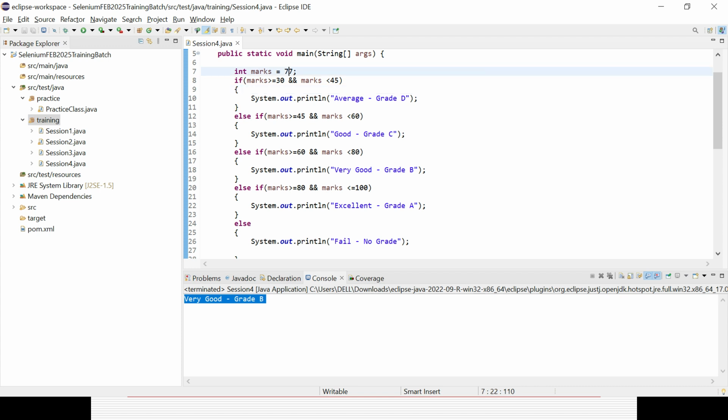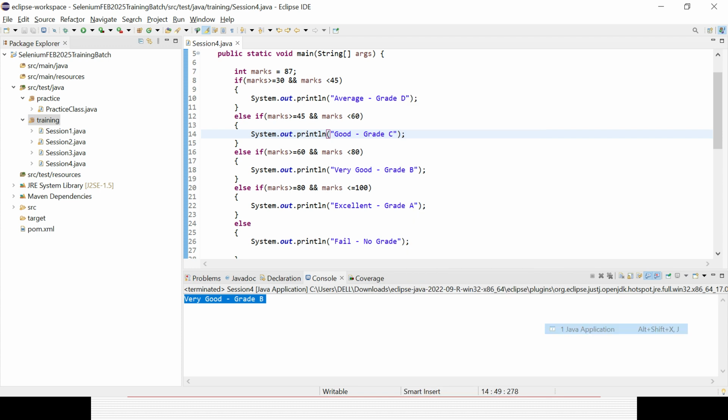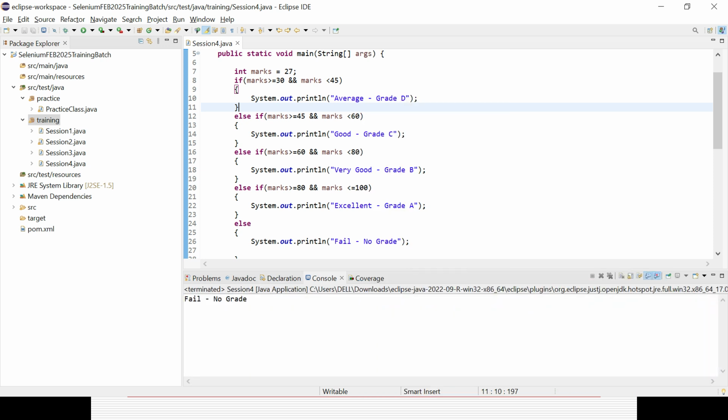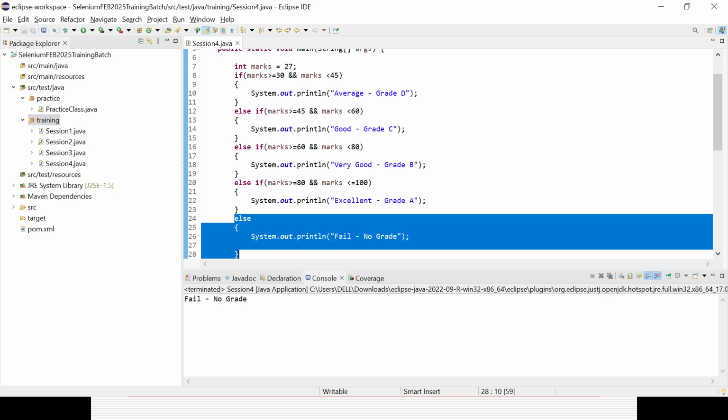Okay, 77 is there. 87. It should be grade A, right? Give it 27. It should be fail, right? Because nothing is happening, it will go to the else part. So that is the way you can deal with the